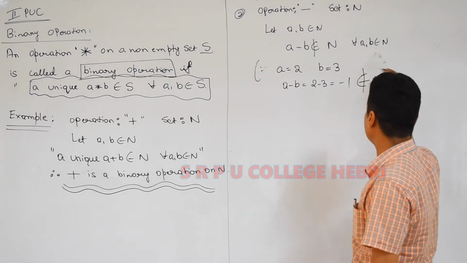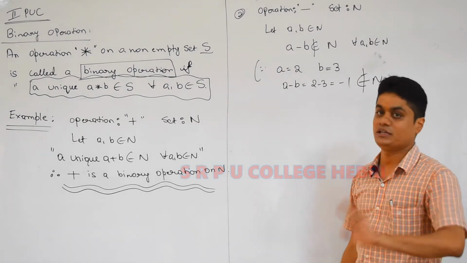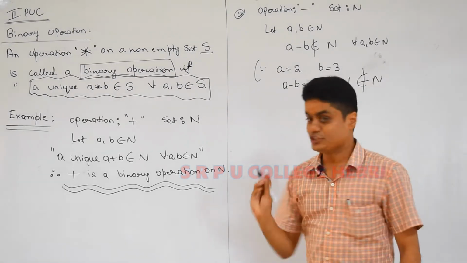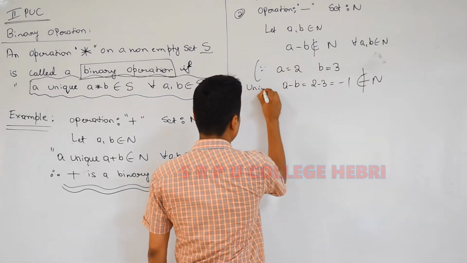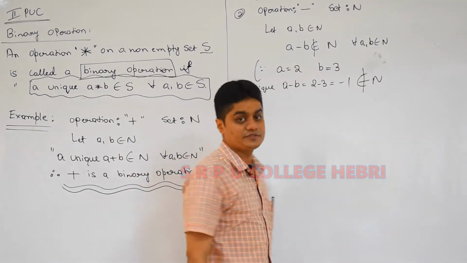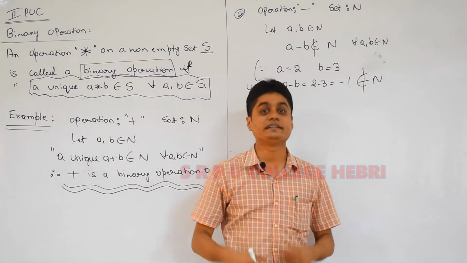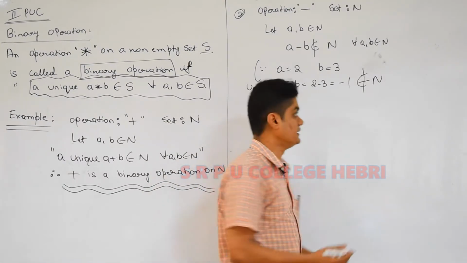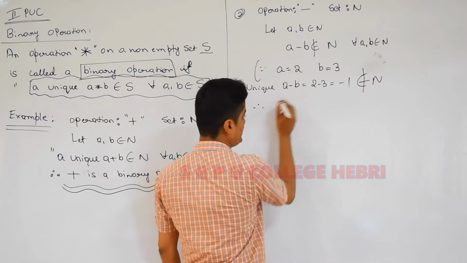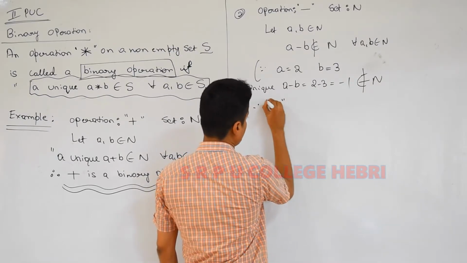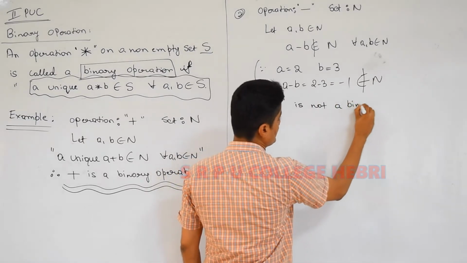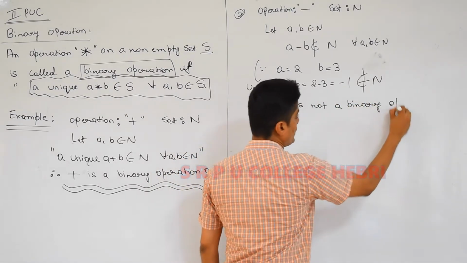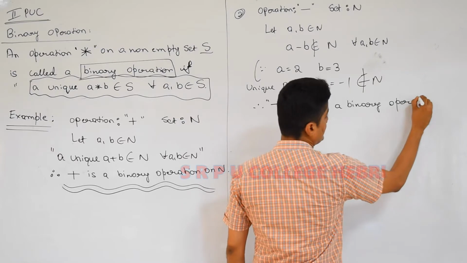Definitely no. Is minus 1 a natural number? No. Remember, the unique condition is satisfied. The minus 1 is unique, there is no confusion. Unique is satisfied, but the belongs-to condition is not satisfied; the resultant is not again a natural number. So what is the conclusion? Because of this, subtraction is not a binary operation